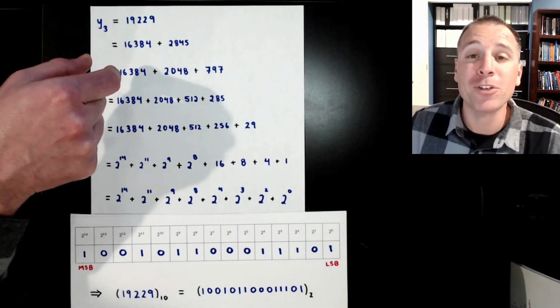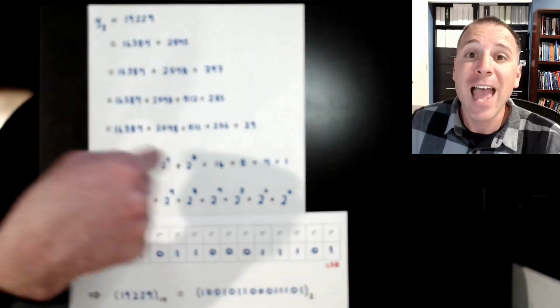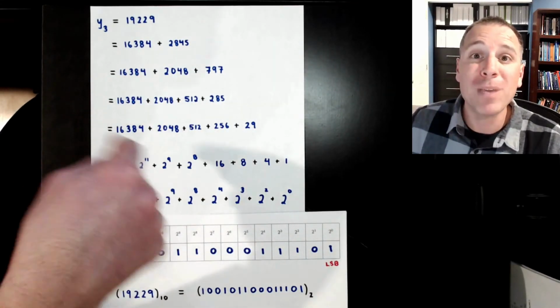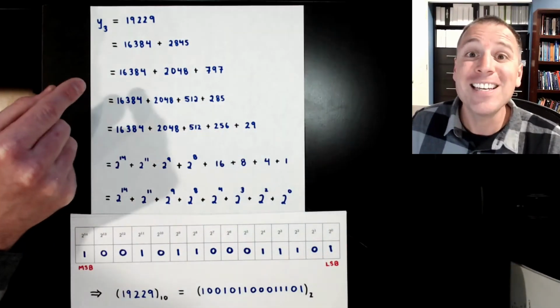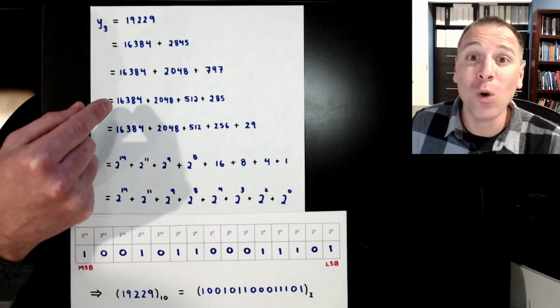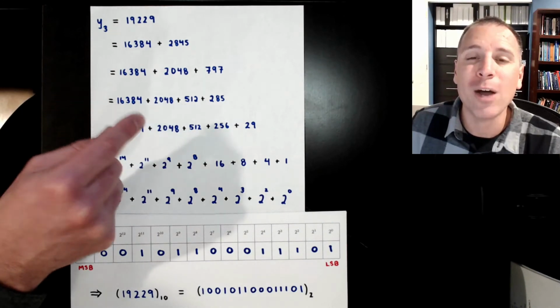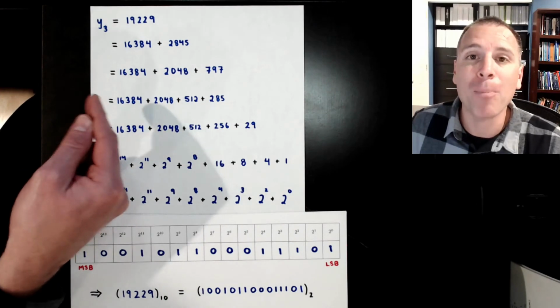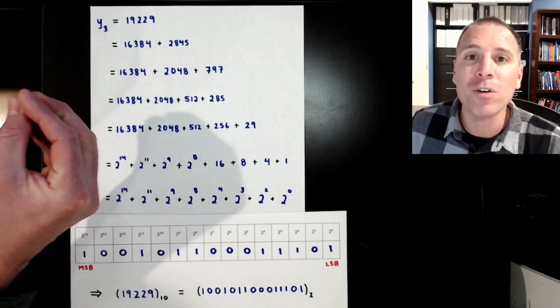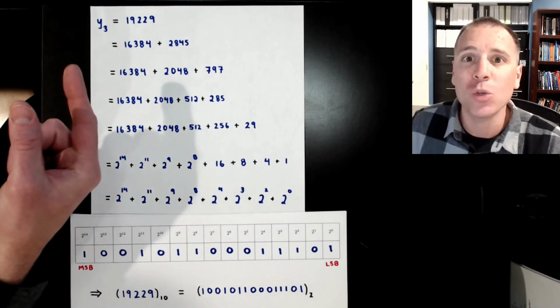If so, capture that information. If not, skip it, and then go down, repeat, repeat, repeat. In other words, this is a perfect place to use a for loop. For loops are designed to allow us to repeat the same operation for a set number of times. So now we have the intuition.